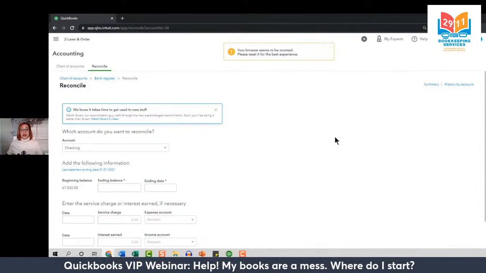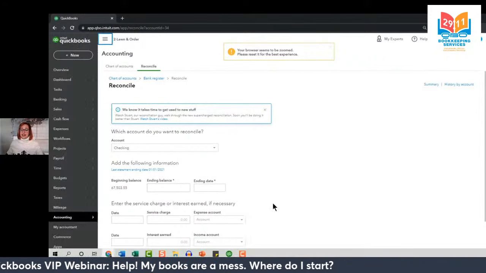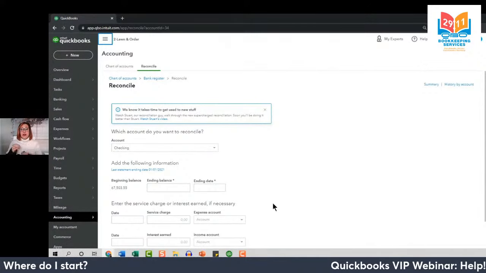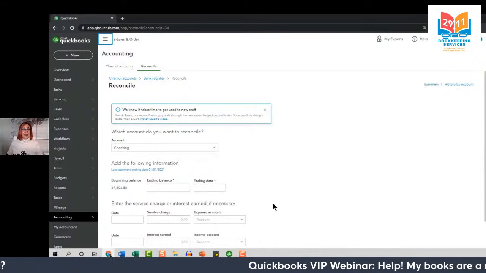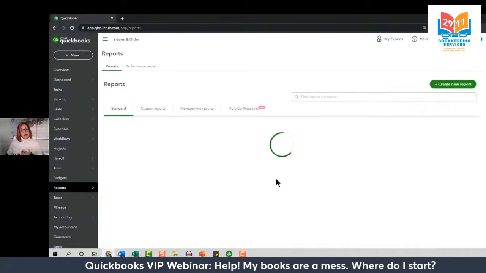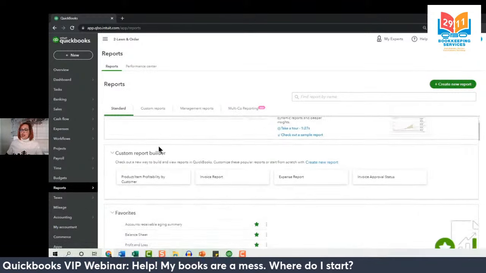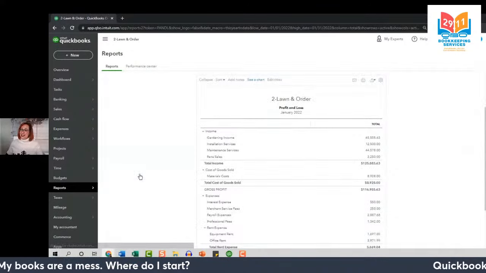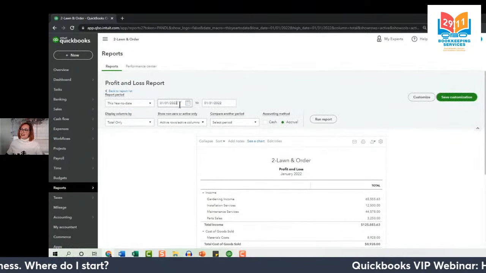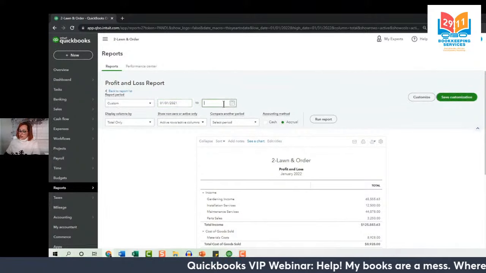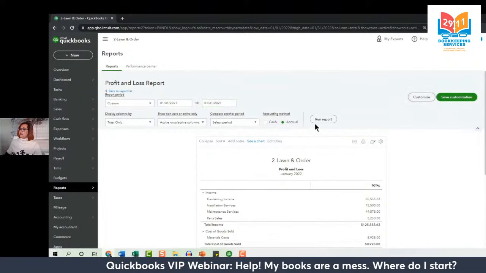Now, the big question I always get is, where can you find this? What did we just do? This reconciliation adjustment can be found in two places, and I want to show you the accounting behind what we're doing. So let's select Reports. And the first place we'll be able to see this is actually on the Profit and Loss. Now let's go ahead and set the right dates here. So let's just take a look at January of 2021, since that's where the adjustment occurred, and select Run Report.